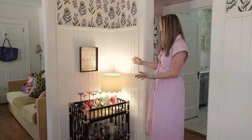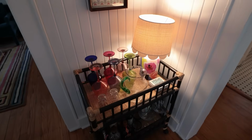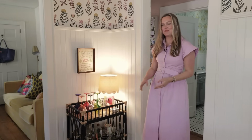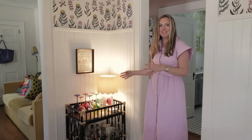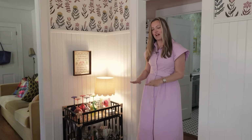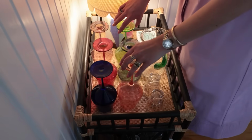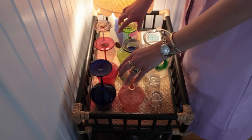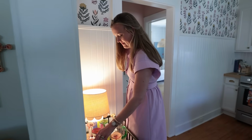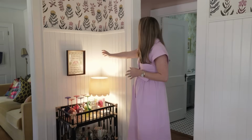This is my bar cart. I love the raffia and bamboo influence. I also kind of hate working with black. I never really use black, but we were able to bring some black in to tie into the oven and the other black pieces that you see, kind of give it a grounding feel. But I complemented the black with a lot of colorful glasses. We have a lamp, which brings in a lot of light. I love adding a little lamp to any space, especially a bar cart in a kitchen. I love a lamp in a kitchen. And then this piece